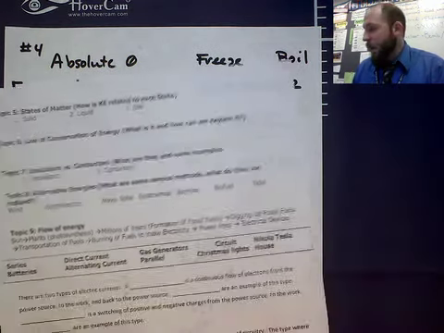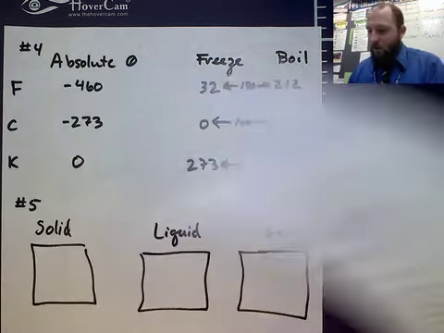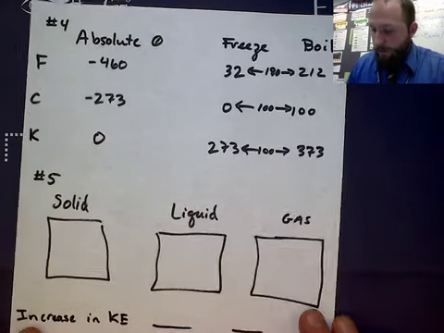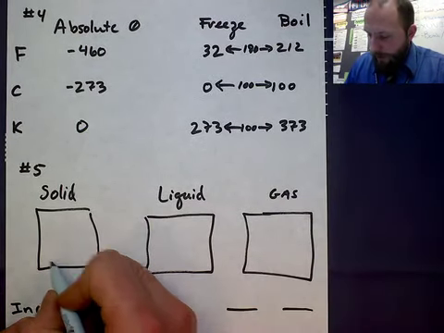Alright, topic number 5. Topic number 5 is asking you to discuss solid, liquid, and gas, and the amount of kinetic energy. So you should be able to quickly identify materials that are solid